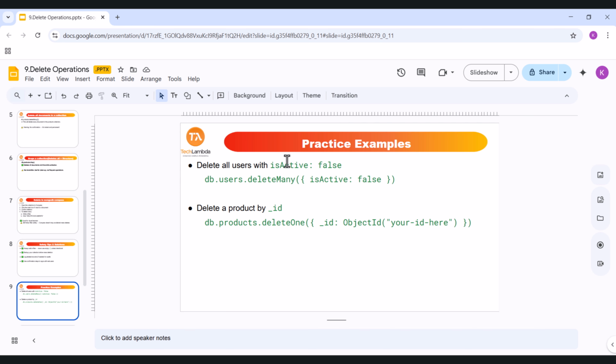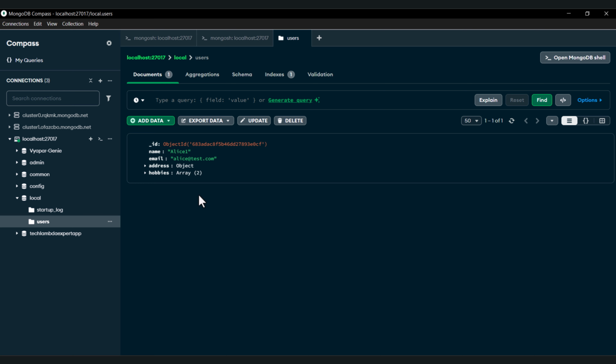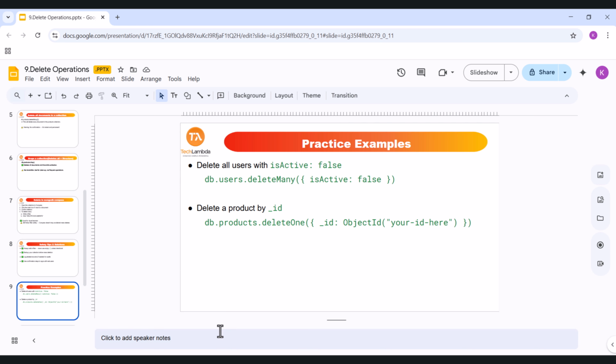Now practice examples. Delete all users with isActive false. So this is the command: db.users.deleteMany, and in curly braces isActive false. Let's find isActive. It is not present in my document, so